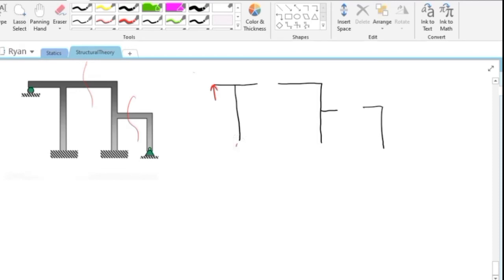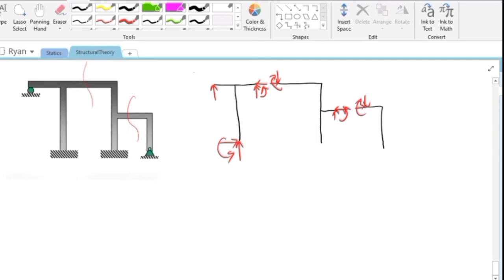This is a fixed support, so we have 3 reactions here, and this is fixed, so internal loading, and tayo ditong tatlo. This is internal loading, so meron tayo ditong tatlo,